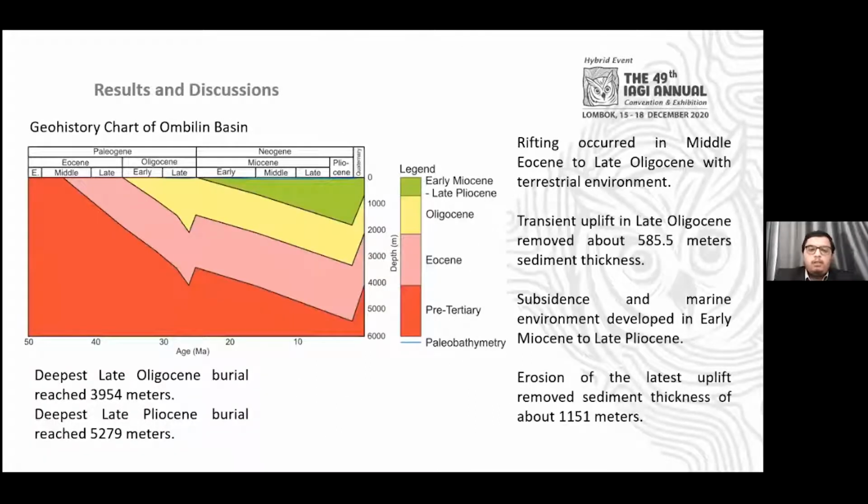And then we move to the geohistory chart. With this geohistory chart, we aim to show you the evolution of the basin since its beginning in the Middle Eocene. As we see, the basin started in the Middle Eocene, and then we have rifting until the late Oligocene. And then we have a transient uplift in the late Oligocene, which removed almost 600 meters of sediment thickness. And then subsidence continued, and we have a marine environment developed in the early Miocene to late